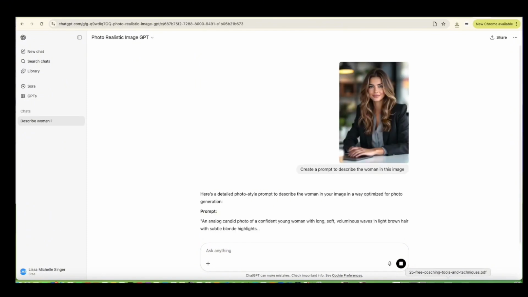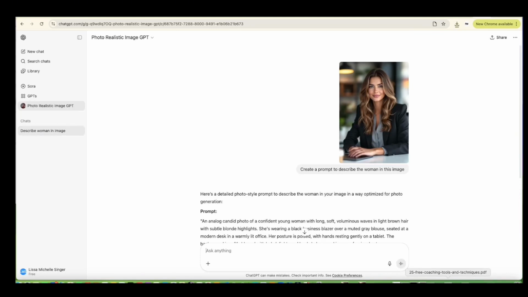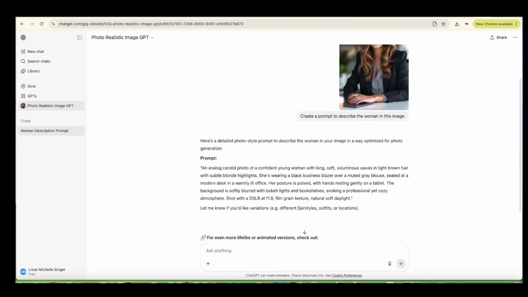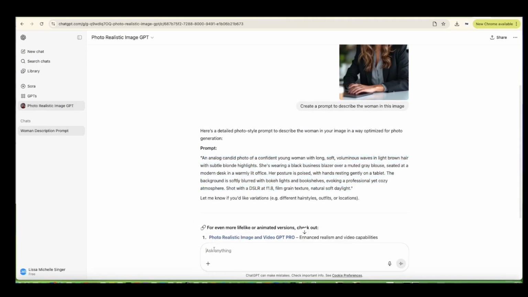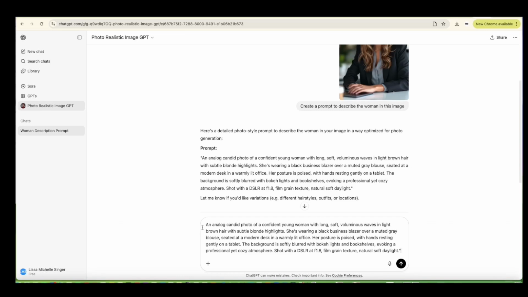Absolutely basic. So what this is going to do now is generate a prompt that's going to describe the woman in this image. Now, the great thing with AI is you will never have the same image generated twice with the same prompt, okay? It'll always give you something different. And you can test that if you want to, but for today, we're just going to create our prompt. And we are going to pop the prompt in here. And we are going to ask ChatGPT to